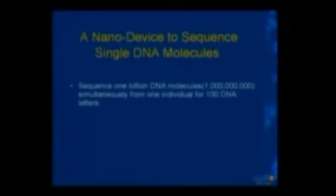And two, you can think about a parallelization that'll give you 1 billion strands from your DNA that could be sequenced simultaneously. And if you can do that to 30 to 50 base pairs, you've got enough information to get maternal and paternal haplotypes. And of course, what this opens up in really exciting ways, and you know what other approaches are trying to push forward too, is the personalized genome project. And I would argue we ought to easily have, within 8 to 10 years, the ability to sequence your entire genome for well under $1,000, to do it rapidly, to do it relatively accurately, and in a very efficient manner. The other thing that